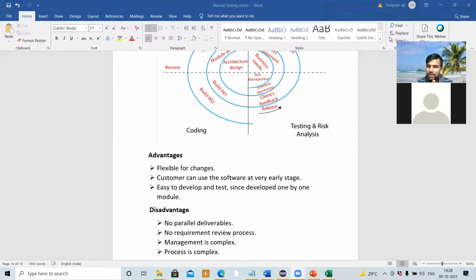See, the disadvantage we have seen is customer rejection, since there was a lot of customer rejection in the previous models. In these models, customer rejection is possible. The customer may reject in the end, saying this application is not according to my requirement, I don't want this type of application. Means what? Again we have to spend the same time and rework on the application. It happens. So with these disadvantages, they came up with other types of models. That's why there are multiple models in SDLC.